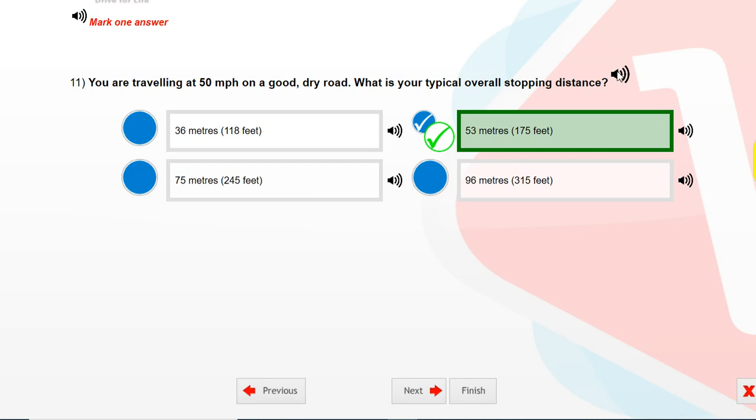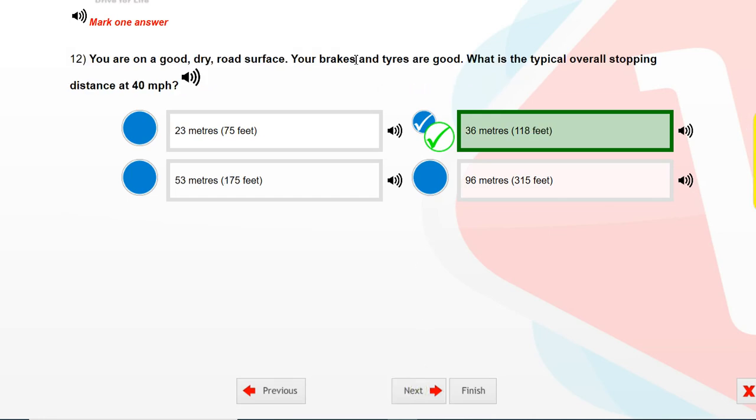You are traveling at 50 miles per hour on a good dry road. What is your typical overall stopping distance? 53 meters, 175 feet. You are on a good dry road surface.